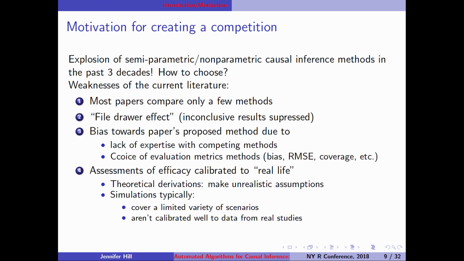So what about science? How should we be thinking about how methods get developed and how we evaluate them fairly? So we wanted to create a level testing ground. So this is what we saw in the literature. Most papers only compare a few methods. If there's no difference between methods, no one's showing you that, right? Because null comparisons are anathema. And there's a bias towards, shockingly, given the incentives in academia and beyond, there's a bias towards your own method. Like, I want to show simulations that make my method look good, right? And if I kind of inexpertly